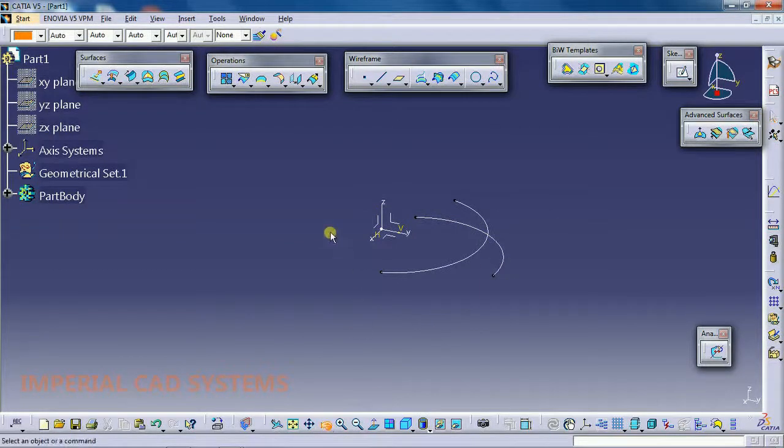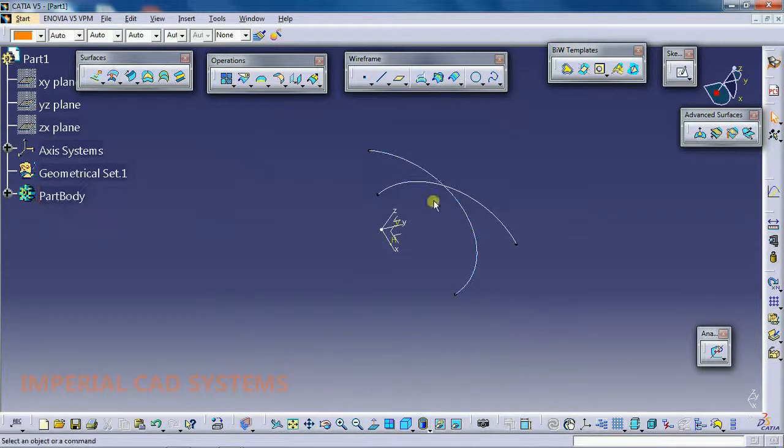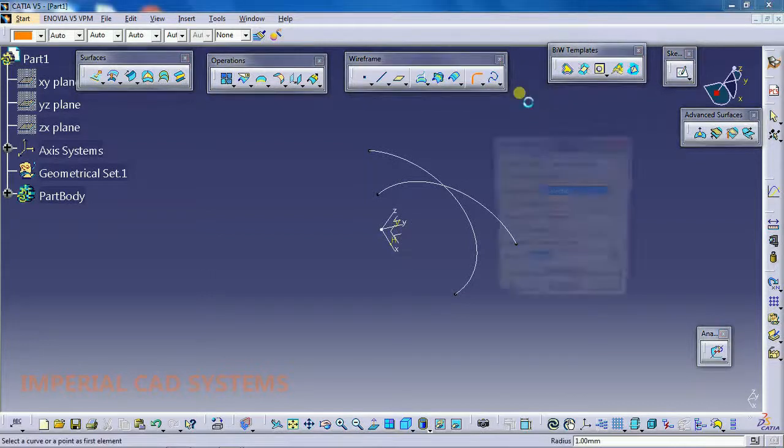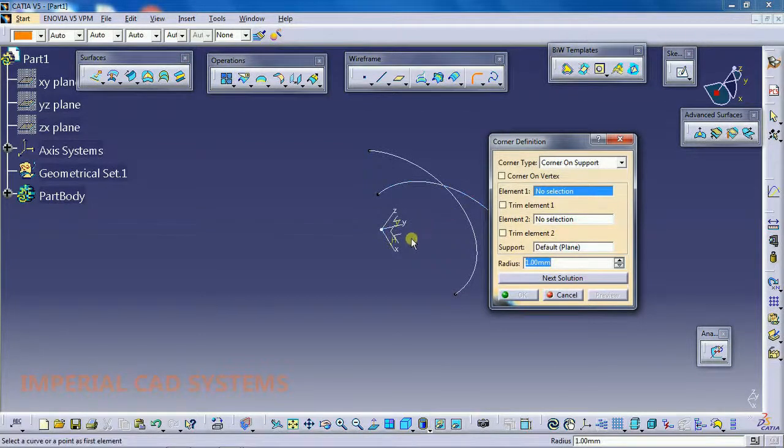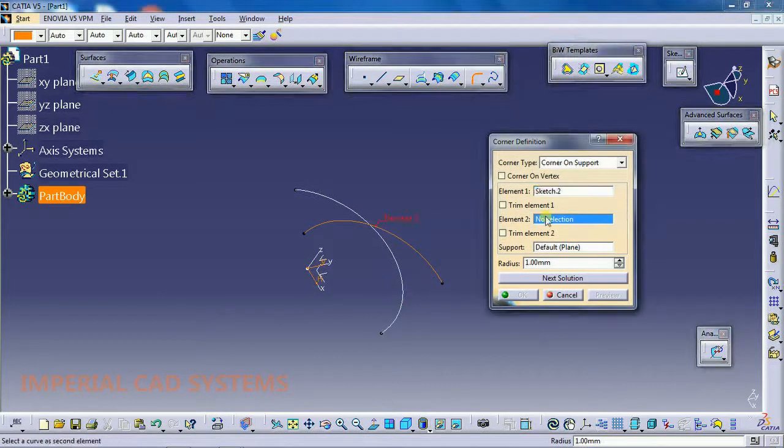Then, if we want to apply a corner between these two curves, in 3D itself we can use this corner option. See, element 1 is this one, element 2 is this one. Then increase the radius.